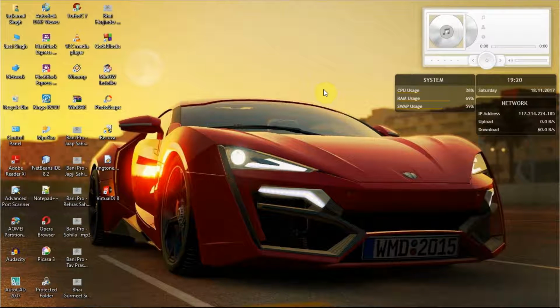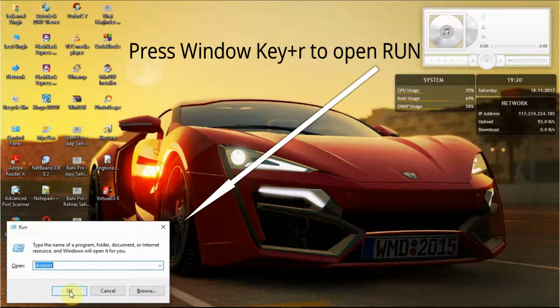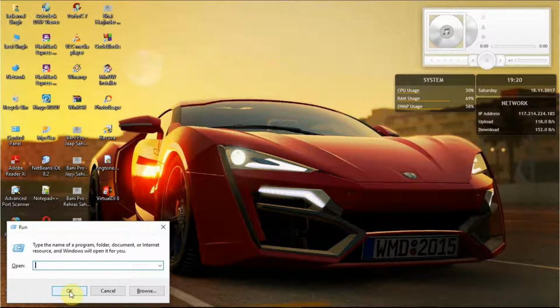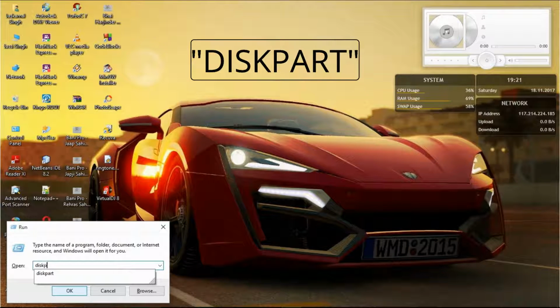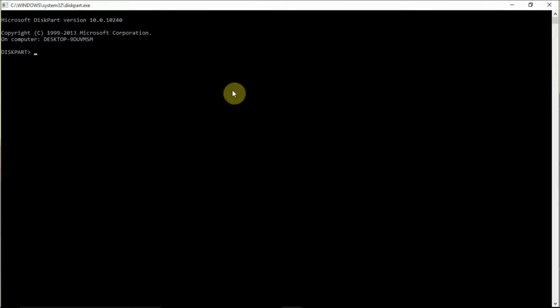So here we go. What you have to do, just press the Windows key with R. You have to type the command diskpart here. It will show you a prompt, and then click yes. It will show you a command window like this. Here it's showing the command diskpart, which means disk partitions.